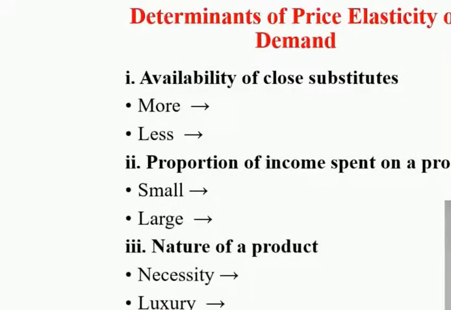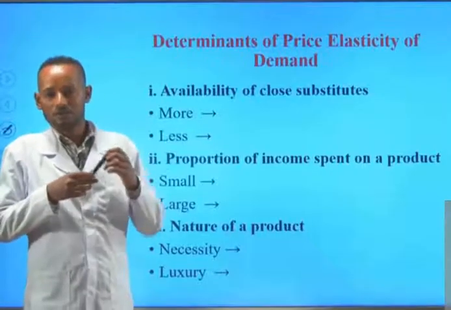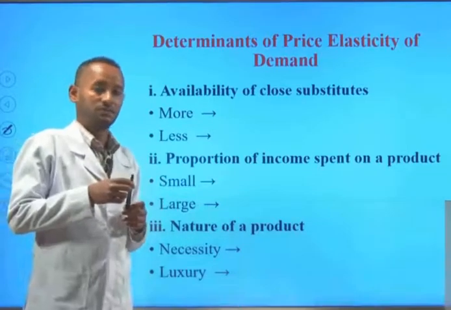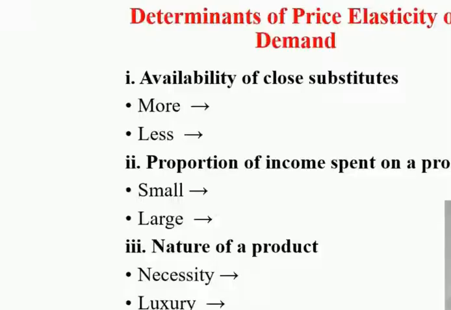Now let's see the determinants of price elasticity of demand. These are factors that make the buyer either sensitive or less sensitive, either responsive or less responsive, elastic or inelastic. Let's see these determinants one by one. The first determinant is the availability of close substitutes. If there are more close substitutes, then the buyer will be more elastic. That means the buyer will be more sensitive,